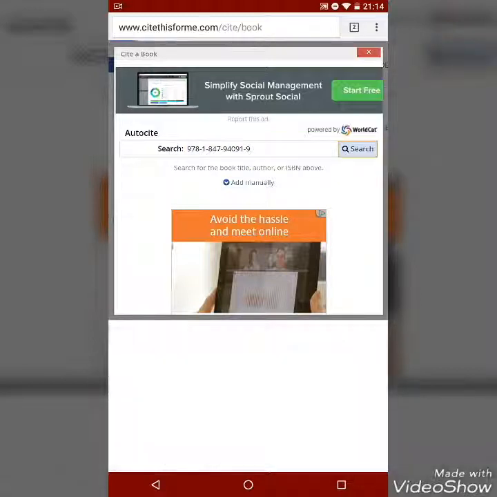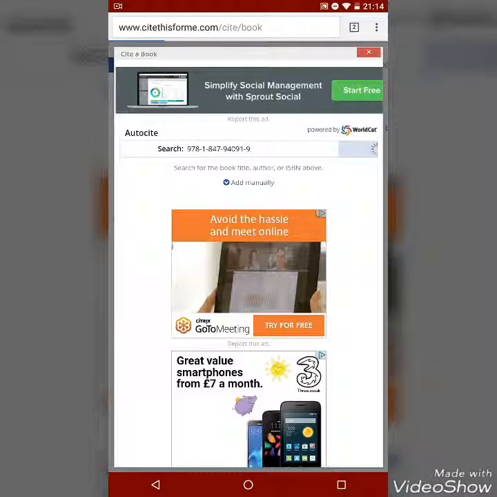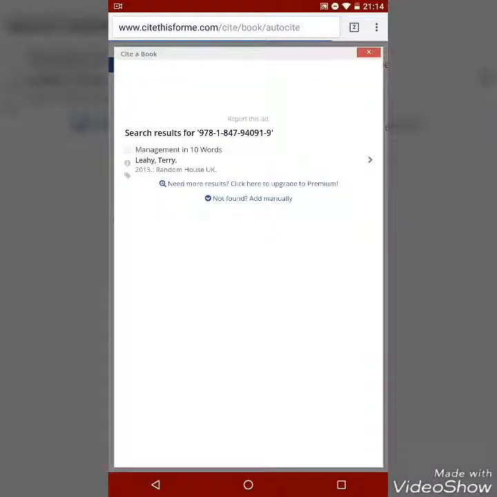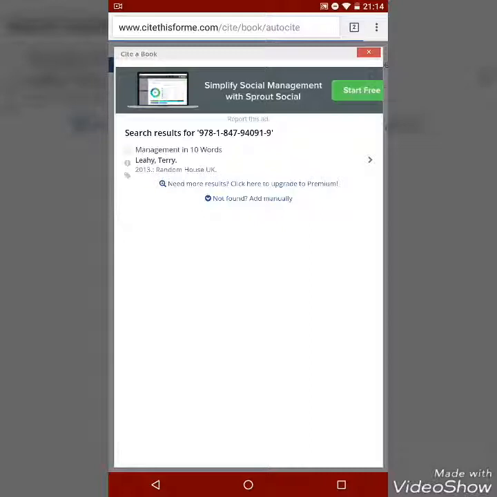Now what it will do is search the net for that ISBN number and look for us. So if we give it a couple of minutes, and again, I really apologise about the speed, you can see it has come up with exactly the book that I mentioned before I even put the ISBN number in. So once it's found your book, you click on it,